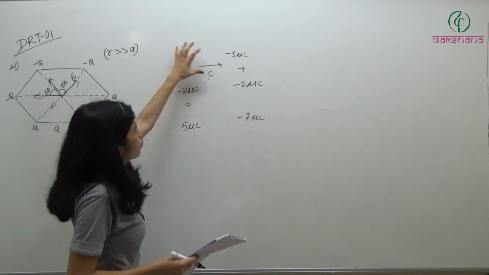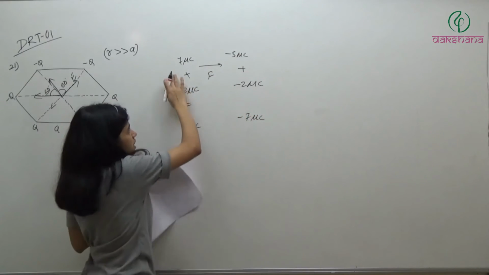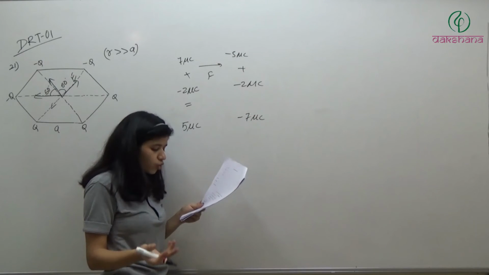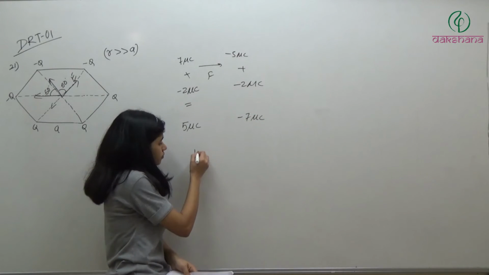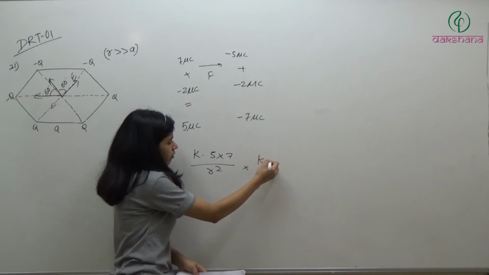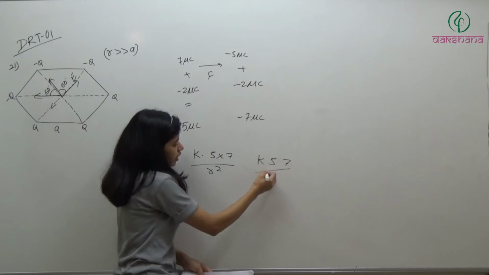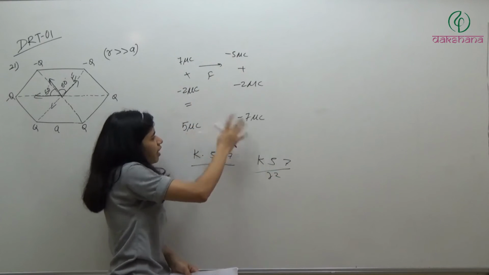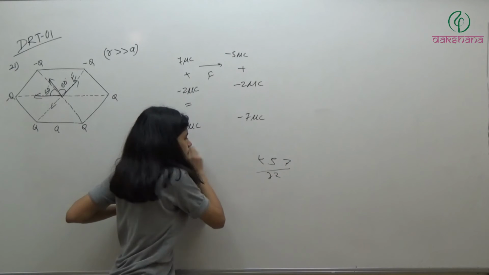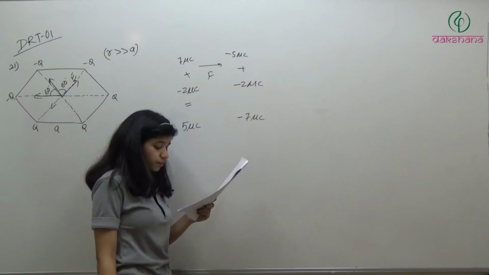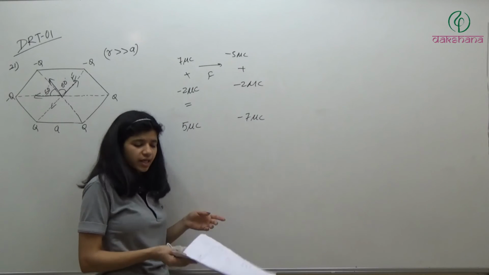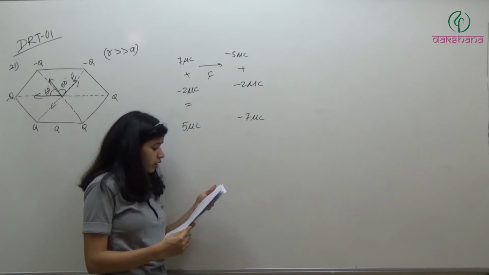So again, magnitude of the charges, earlier it was 7 and -5, now it is 5 and -7. So the magnitude of force is not going to change. Earlier what was it, k 5 7 by r square, now it is k 5 7 by r square, 7 5, 5 7. So the magnitude of force is going to remain the same. So it is F. Question number 28.